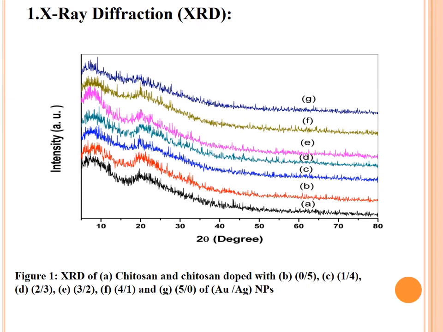There are other peaks at 2 theta equal to 32.3, 35.6 and 44.5 for chitosan doped with gold nanoparticles. Also, the characteristic diffraction peaks of chitosan and gold nanoparticles disappeared, and new peaks appeared at 2 theta equal to 14.1 and 19.6. As seen in the figure, with increasing the ratio of gold nanoparticles, the diffraction peaks of chitosan become